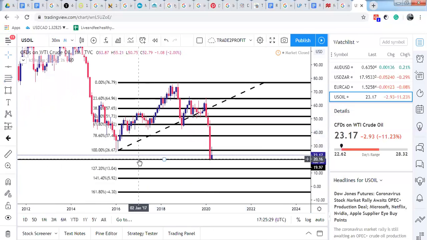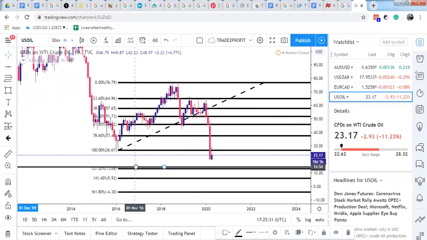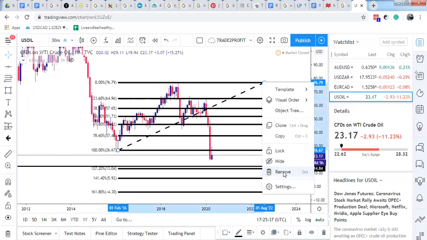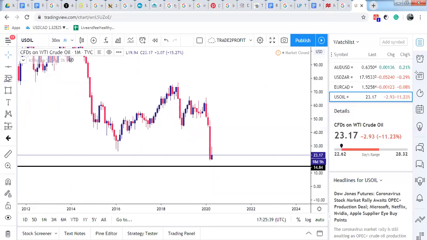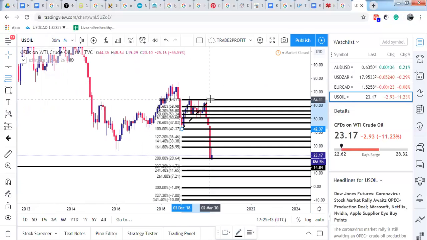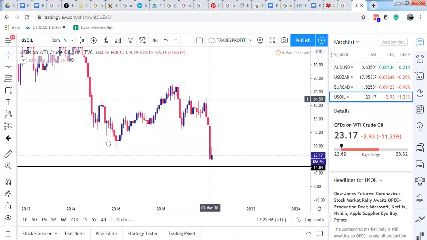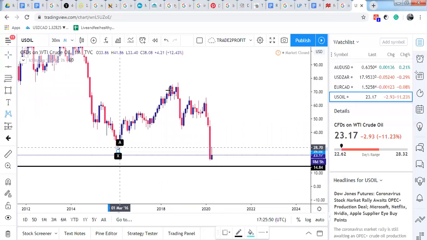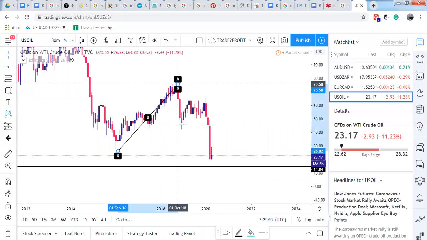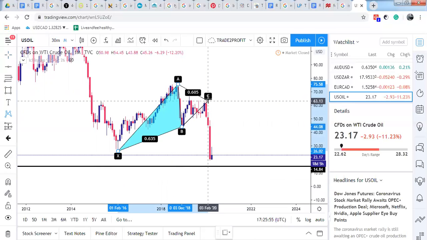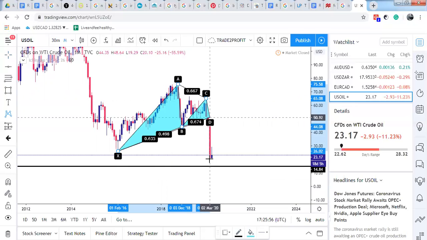So let's say keep an eye out for 15. I don't think so. But then again, you never know. So the possibility that we might actually see it at 15. Let's try this. Okay, so that's possible. So we might actually see it drop all the way to $15. Who knows? Very possible. But nonetheless, let's drop to 15 minutes and see if there's